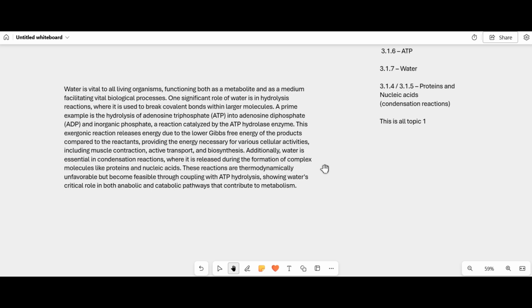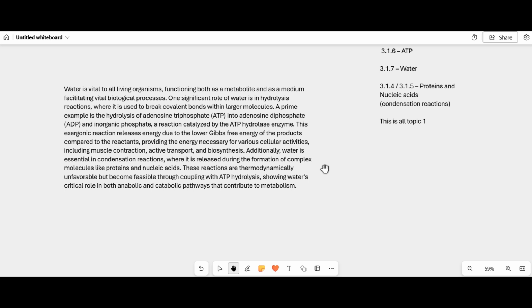And then additionally, what is essential in condensation reactions, where water is released during the formation of complex molecules like proteins and nucleic acids. So again, you're talking about polymers and polymerization. These reactions are thermodynamically unfavorable, but they become feasible through coupling. So that's a little bit of extra information there. You've got something called ATP coupling, which is where the ATP can make the reaction feasible and lower the Gibbs free energy, with ATP hydrolysis showing water's critical role in both anabolic and catabolic pathways that contribute to